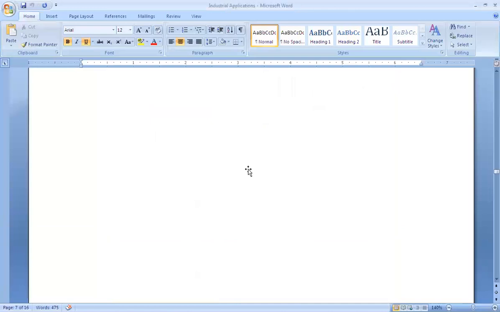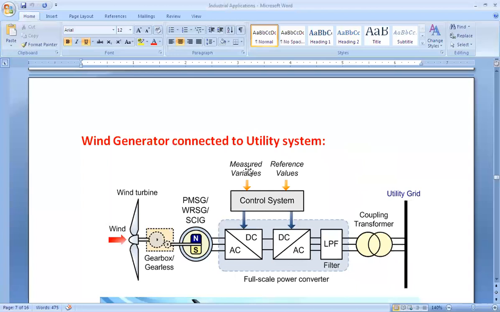Now another application, that is a wind generator connected to the utility system. Now we have to develop the voltage level not only from the steam power plant or the hydropower plant, but we have to depend on other renewable energy sources like wind generation or solar energy generation. So how is the power electronic circuit useful in the wind generation system, and how can we connect the voltage generated from the wind power plant to our grid system, that is our AC supply system? That is called the utility grid.